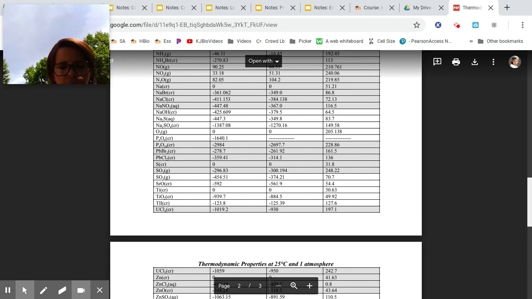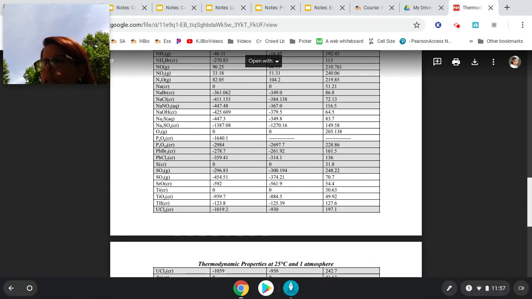I'm stuck on something, so give me just a moment. What did I misunderstand here? I should have sulfur... oh, that is sulfur trioxide. Gosh, my eyes are so bad, you guys. I'm so sorry. So sulfur trioxide is right there, and it's got a minus